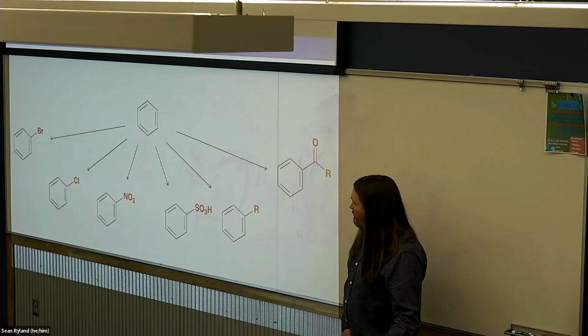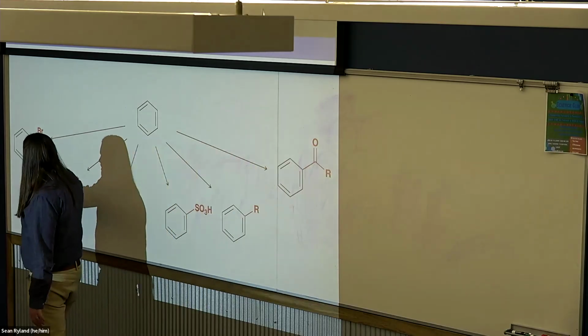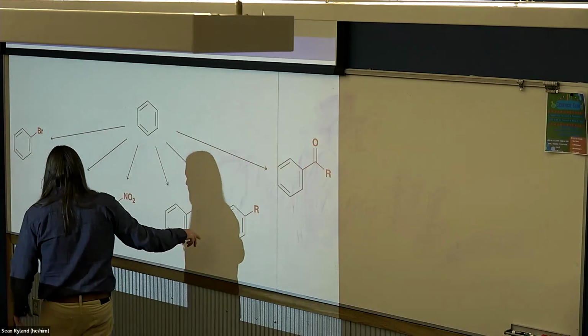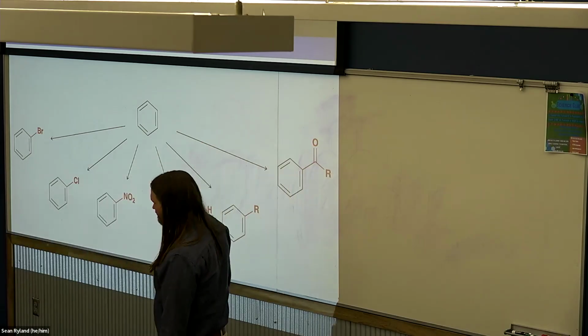We're going to go through them from left to right. They go from highest yield on the left to lowest yield on the right. If we look at these two,